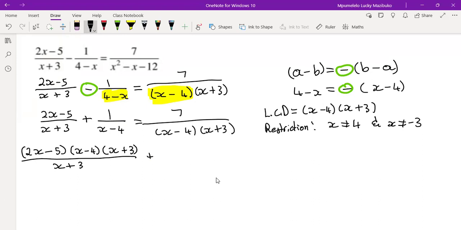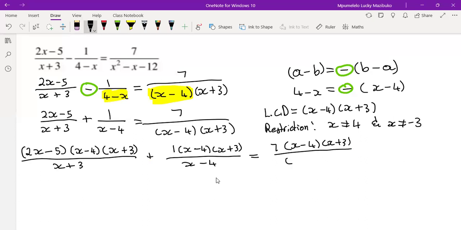Plus 1 times of x minus 4, x plus 3, all over x minus 4. This should be equals to 7, open bracket, x minus 4, x